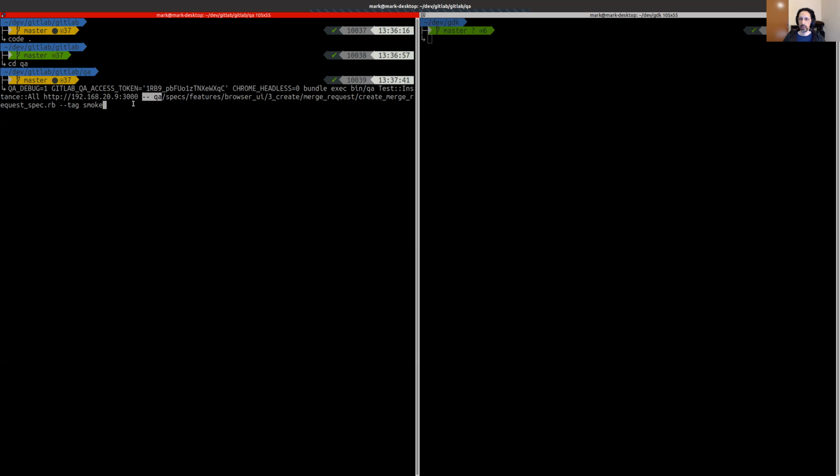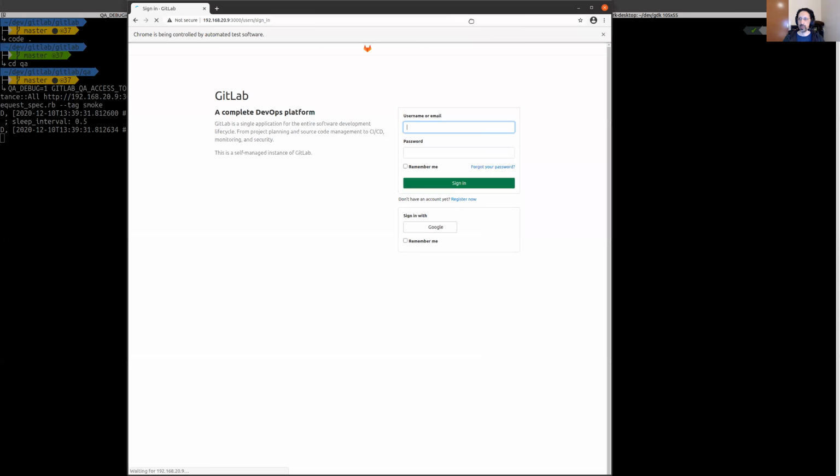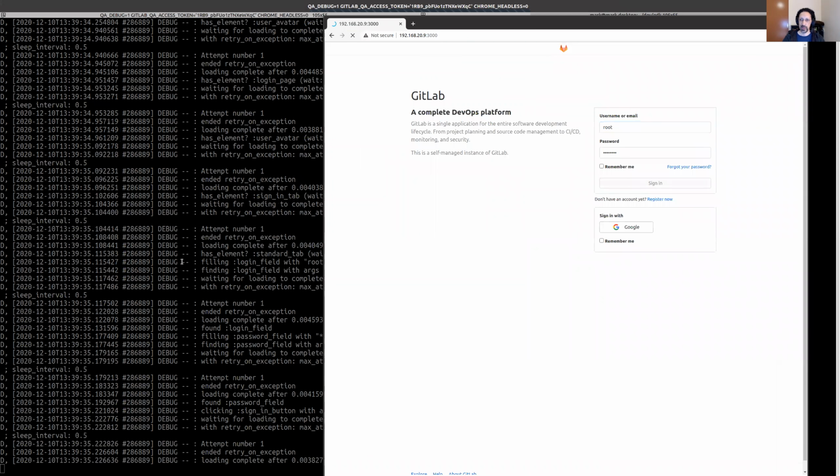And we're passing these options to RSpec. So RSpec is going to select this specific spec file, and it's only going to run the tests that are tagged with smoke. I've chosen that tag because it's one of two examples in that spec file, and I'm only interested in running the one at the moment. If it didn't have that tag, I could add another tag, for example, the focus tag, and then select that instead. For now, let's start that off, and the browser pops up automatically, and you can see the debug output on